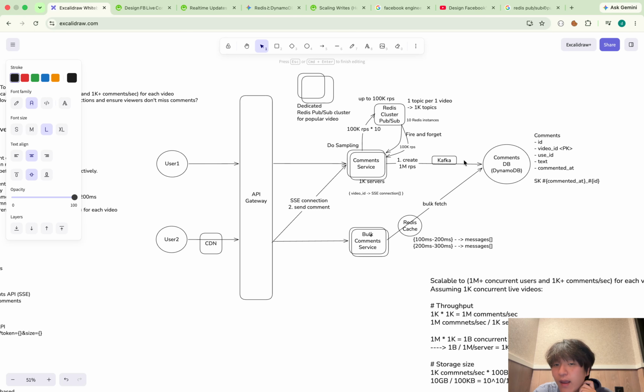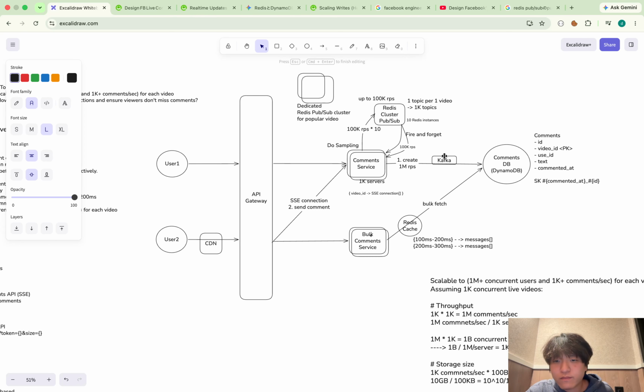Because with Kafka, this command service just has to publish the messages to Kafka, and it doesn't have to wait for the database query, so it doesn't heavily overload the DynamoDB layer. And obviously Kafka has much better throughput than DynamoDB, right?